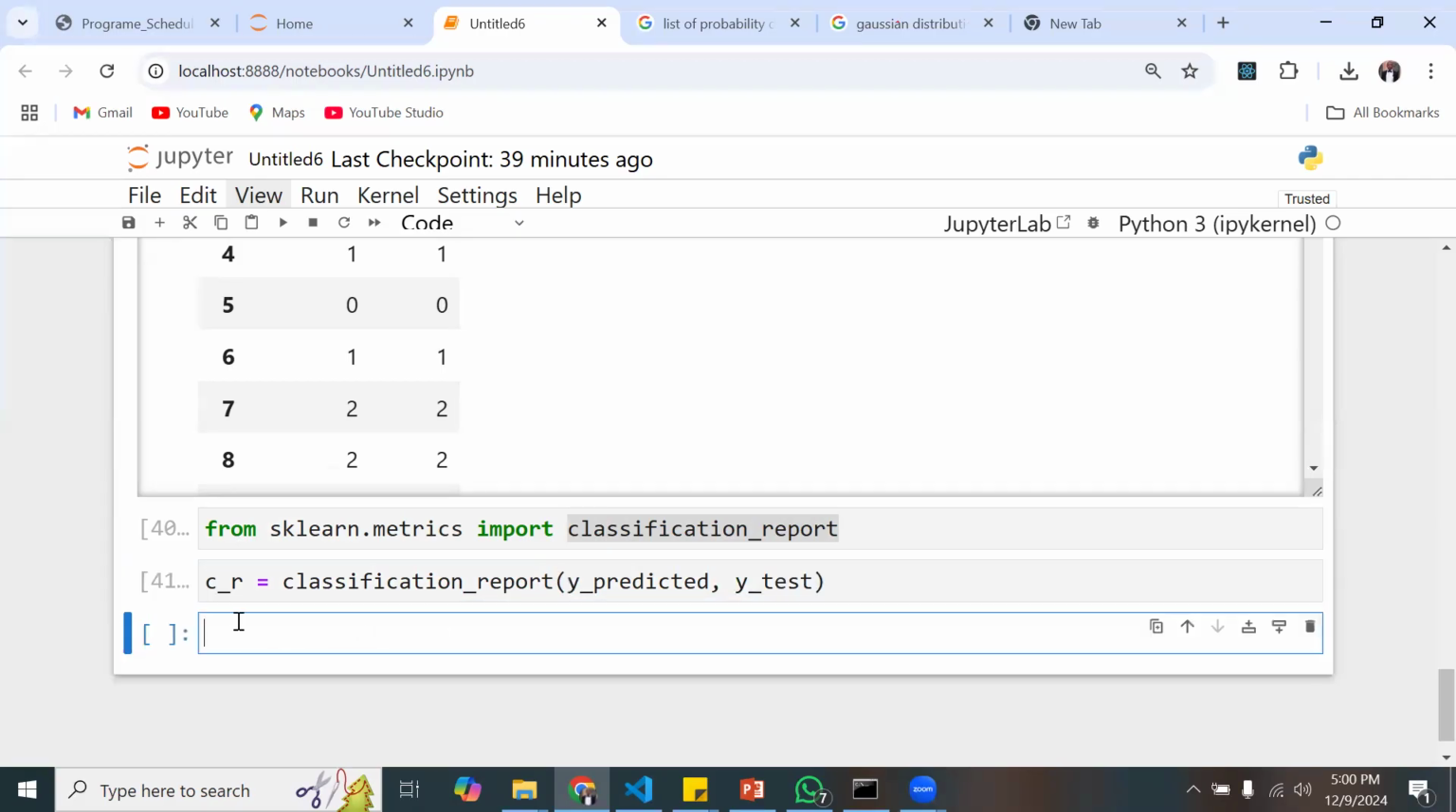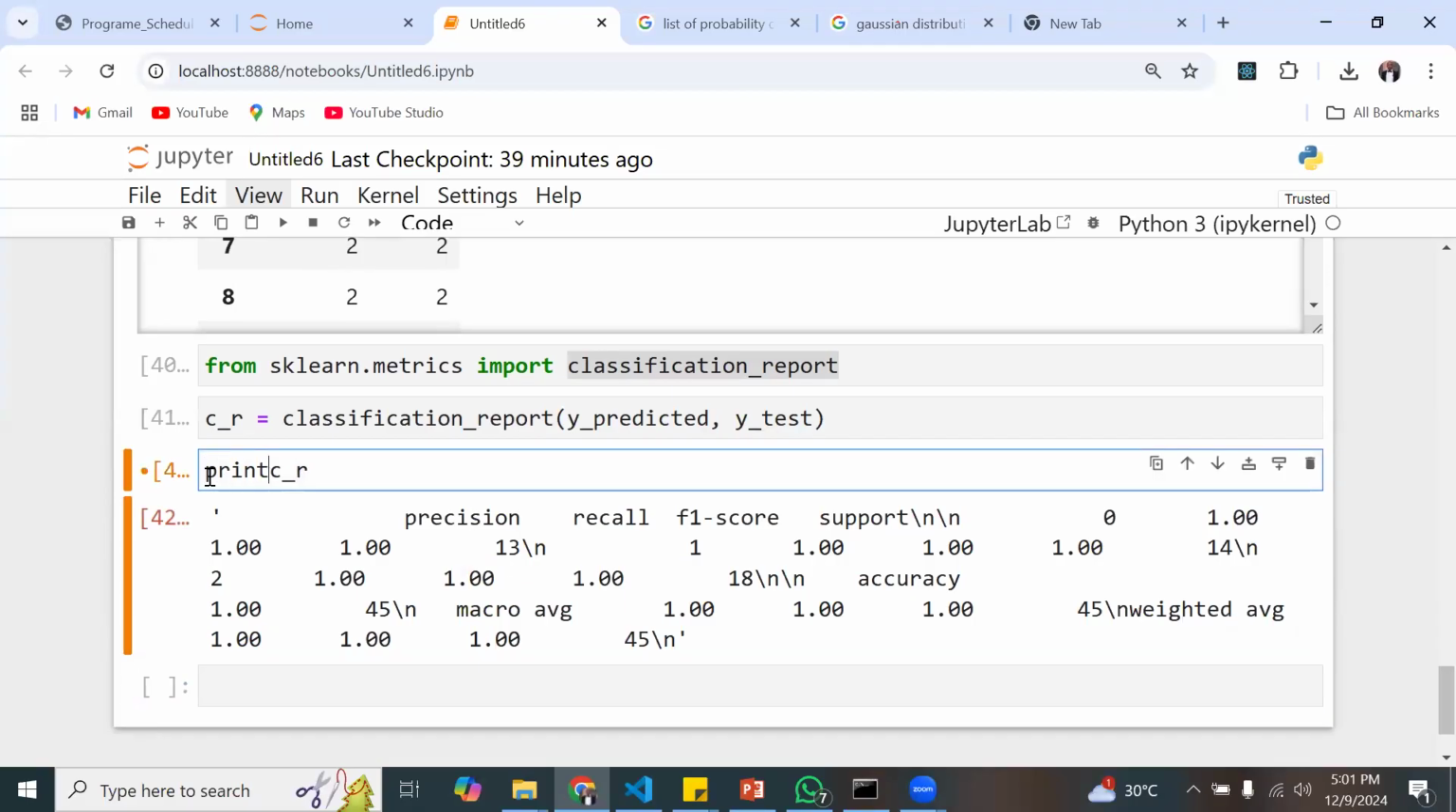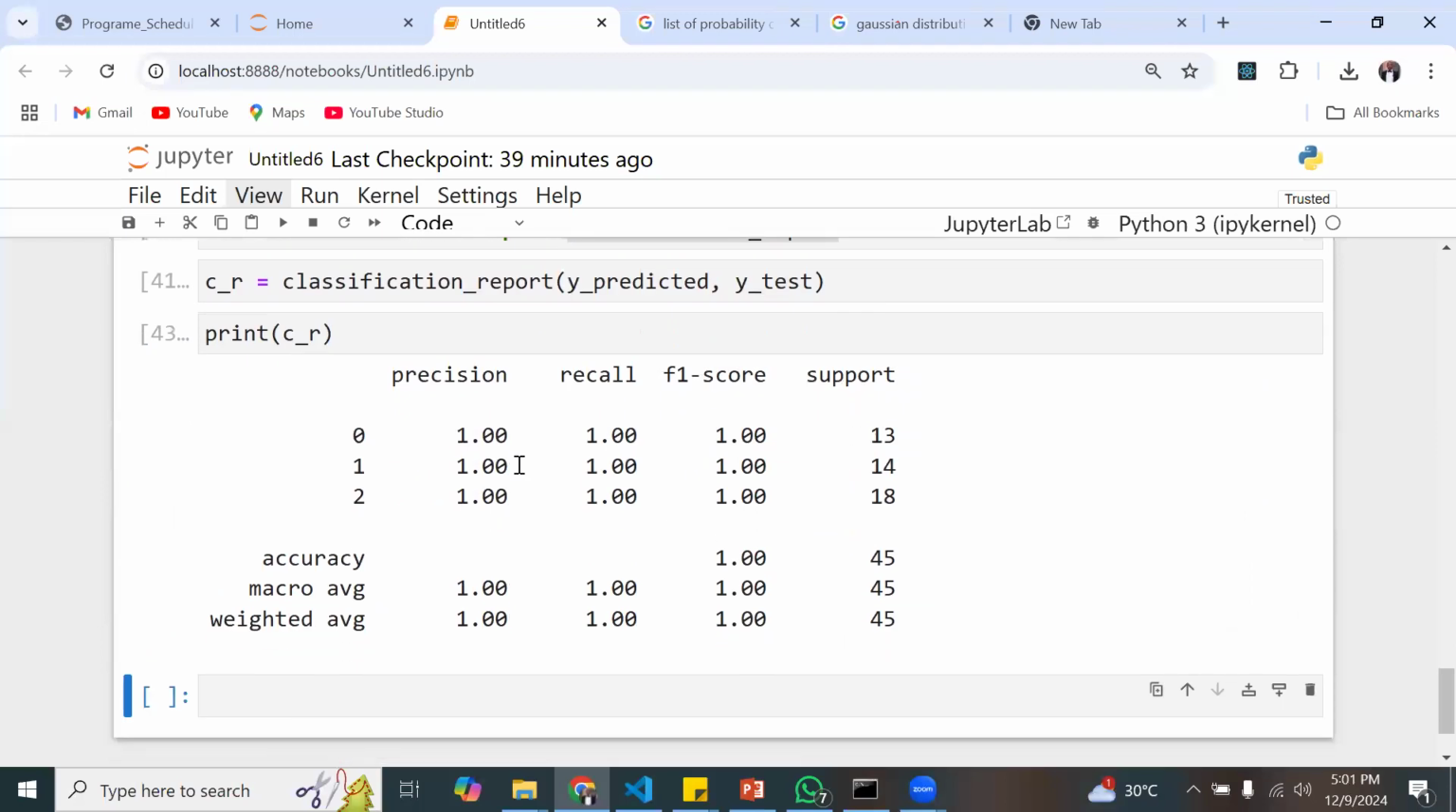Now, when I run this and do a preview of my C underscore R, I get something that doesn't look pretty much interesting for now. But then let me just wrap it up in a print function. I don't know why it happens this way, but when you put it in a print function, it looks a little bit better in terms of how it's supposed to be presented. Now, because everything is 100%,